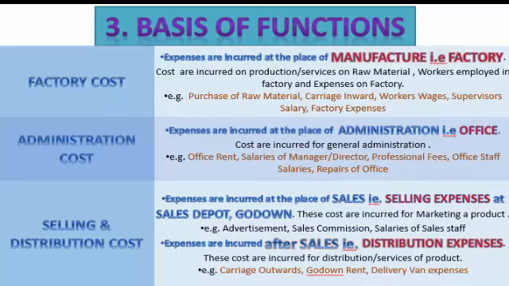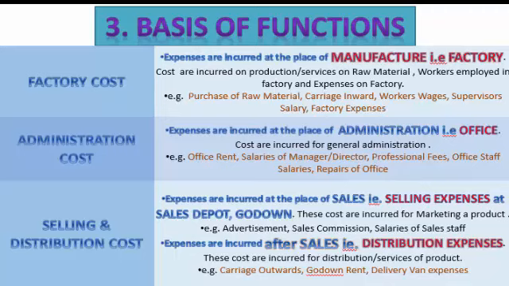Third one is selling and distribution cost. Now, between selling cost and distribution cost, there is a slight difference. Selling cost means expenses incurred for marketing a product. We are selling a product, and while doing that we incur expenses. And distribution cost means the sale is completed, but for giving the delivery of the product to the customer, giving the demonstration, whatever cost we incur, we call it distribution. So let us study these two things collectively here.